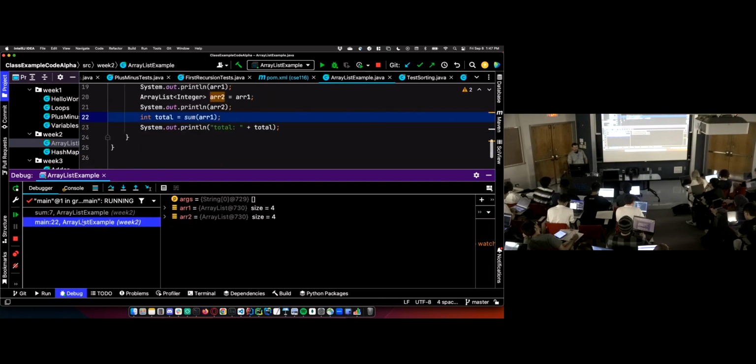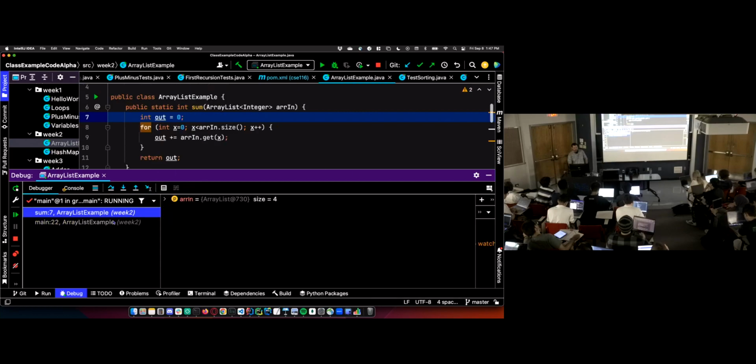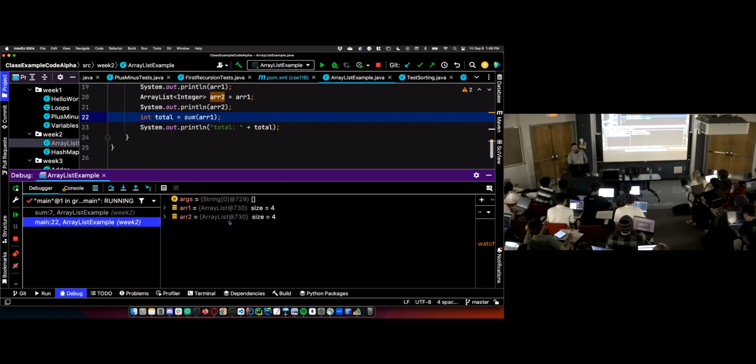I can see that I have two stack frames, the main stack frame and the stack frame for the sum method call. And I can see all the variables in each stack frame. And whenever I see a variable, this array list at 730, that's like our 0x730 in memory diagrams, we know that this